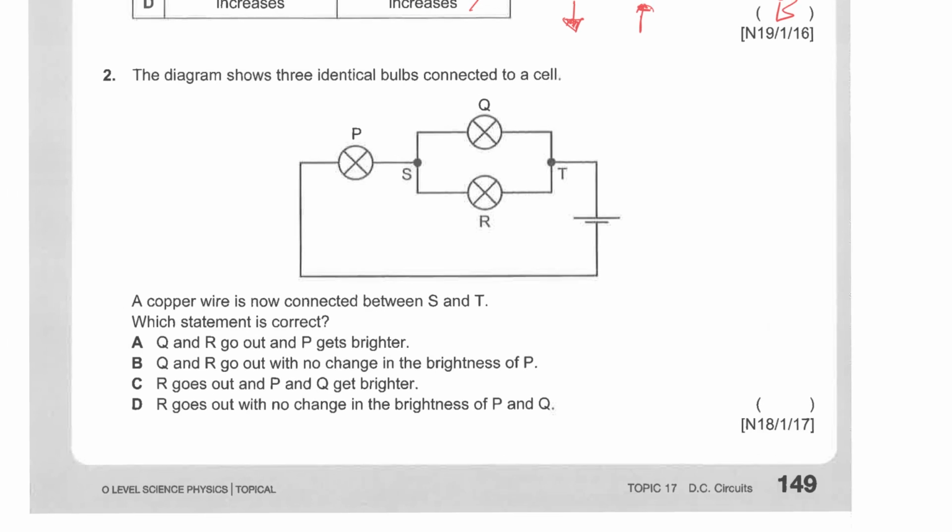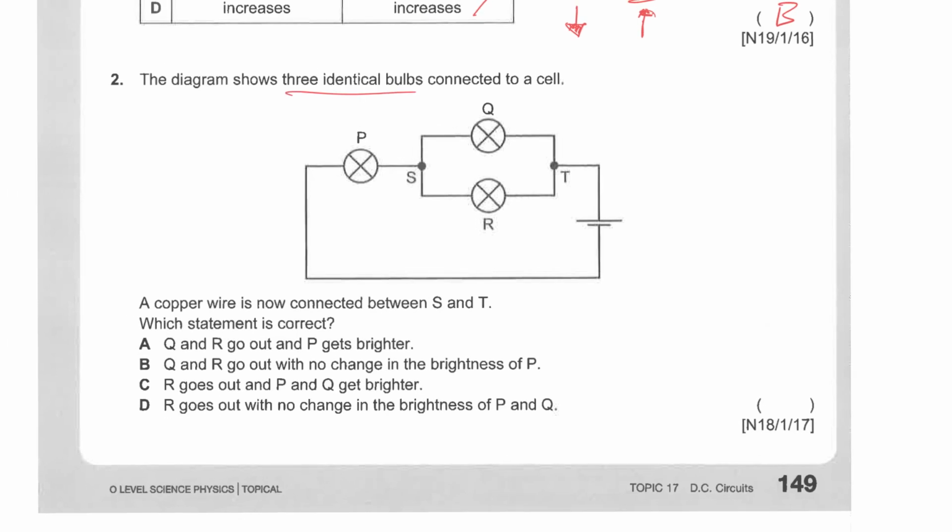Next, for question number 2, you are given 3 identical bulbs, and they're connected to a cell here. So conventional current will flow, and it will split, and then it will join back, and that's why you will know that P is the brightest, and Q and R will be dimmer, but they are equally bright. All right, but in this question they say that a copper wire, which for our syllabus we can treat as having very low or no resistance,